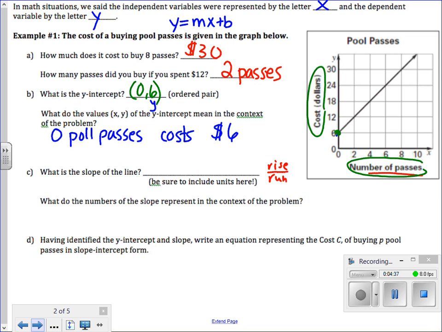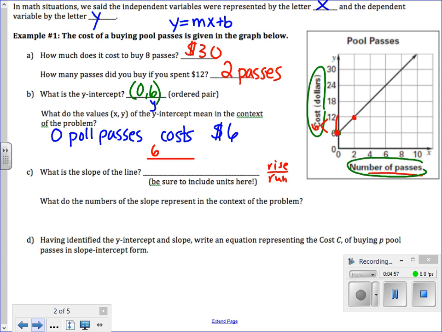So I'm going to start on my y-intercept, and I'm going to pick another nice point on my graph to help me find the rise over run. Well, here, when I rise up, it is only rising up 1 square, but the unit here from 6 to 12 goes up 6. So the rise is 6,